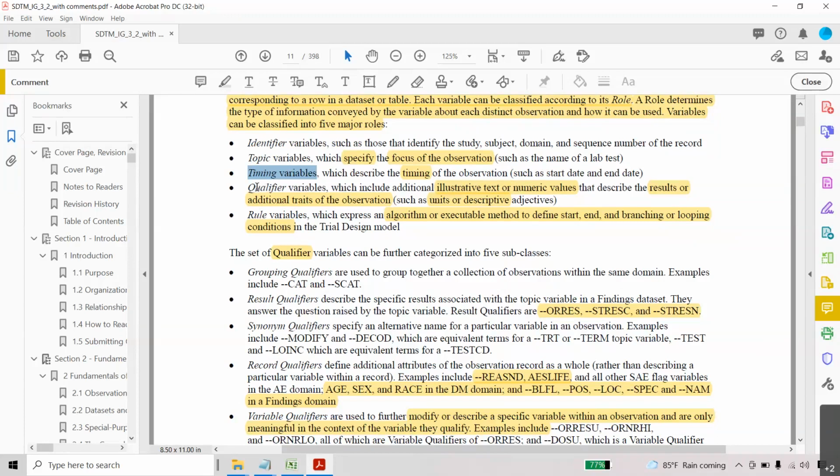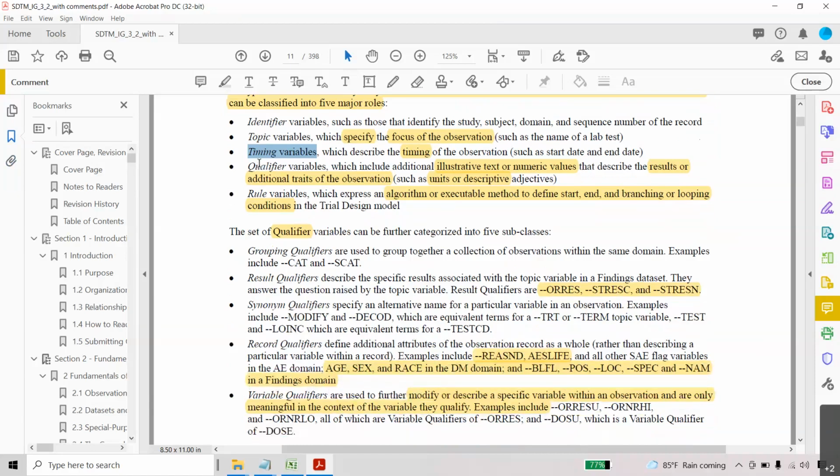In SDTM we have LBSTRESU, the unit for the standard results, so you can call that one of the qualifier variables. This qualifier variable is divided into 5 types: grouping qualifiers, result qualifiers, which is what I just told you, synonym qualifiers, record qualifiers, and variable qualifiers.